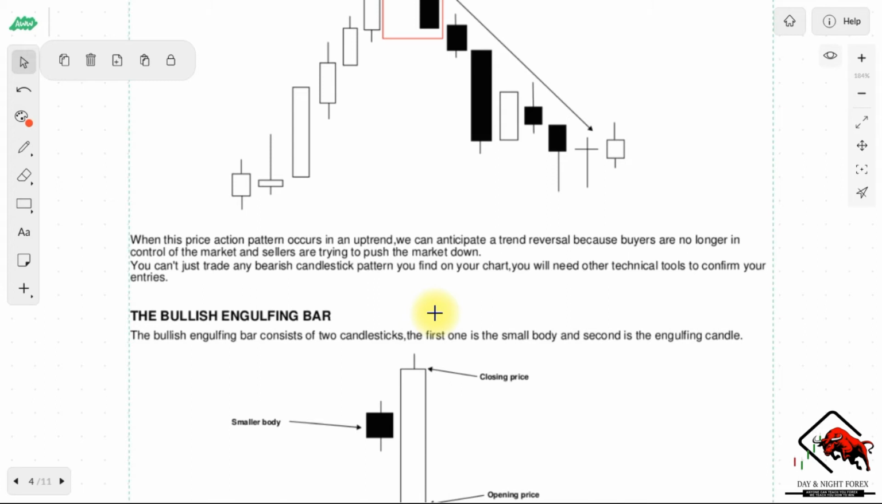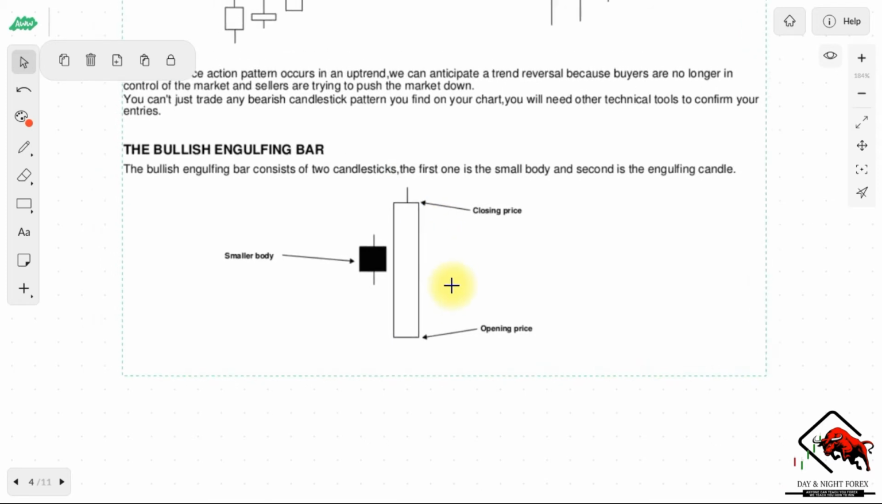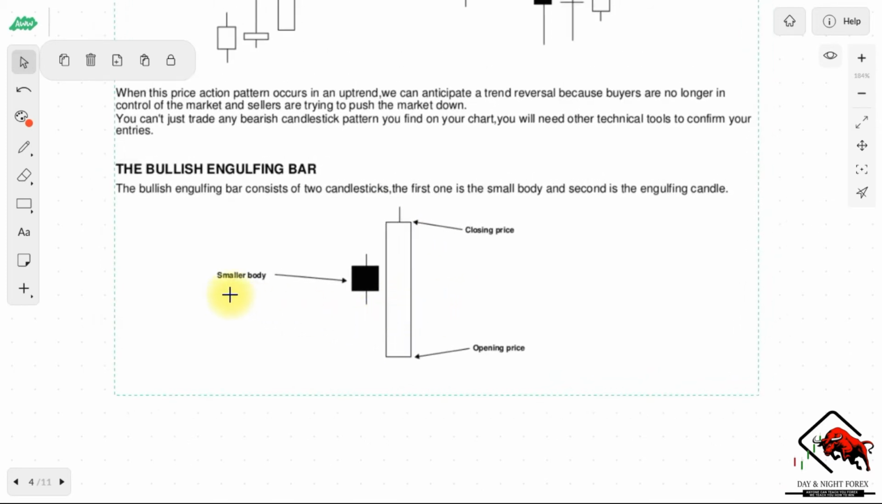So we're looking for exactly the same pattern, but now in the opposite direction, as a sign of the end of a downtrend, and now we're going into an uptrend. So this is how the bullish candlestick basically looks. So it is a smaller body, at least one of the previous candles needs to be a smaller body